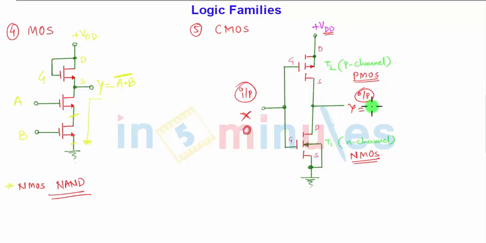So when X is equal to 0, Y is equal to 1 here, and let us say if X is equal to 1, what will happen? This PMOS will get turned off and NMOS will get turned on. And if NMOS is turned on for X equal to 1, then output Y is shorted to ground. If it is shorted to ground, the output will be 0. So for 0 input, I am getting 1 output, and for 1, I am getting 0. So this is nothing but a NOT gate, or you can call it a CMOS NOT gate or CMOS inverter.